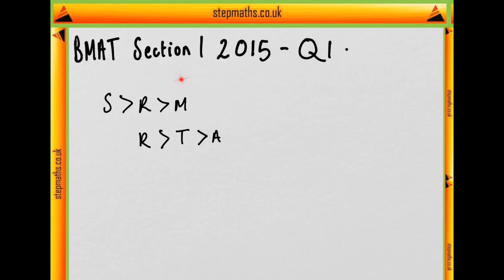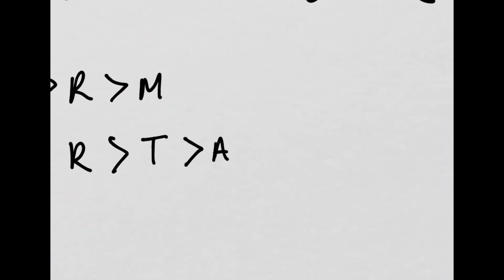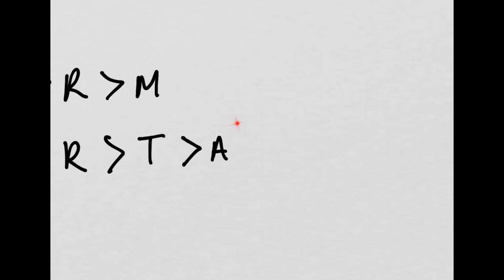But can we conclude anything about Margaret? Well, no, because these inequalities, R is greater than M and R is greater than T greater than A, are unrelated. So, for example, we could conceive of a scenario where Ruth was, say, 1.7 metres tall, Margaret was 1.6 metres tall, Tim was 1.5 and Adrian was 1.4, in which case, sure, we could say that